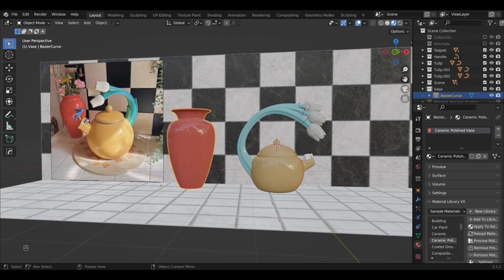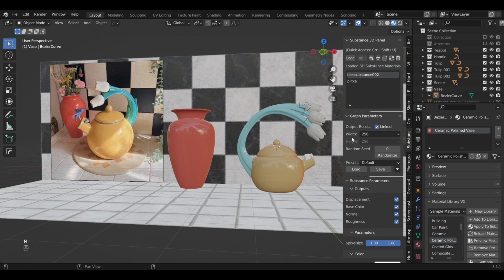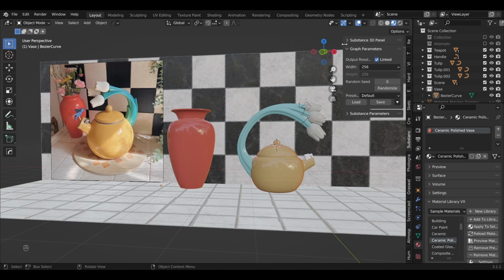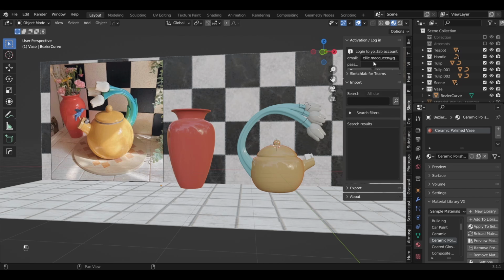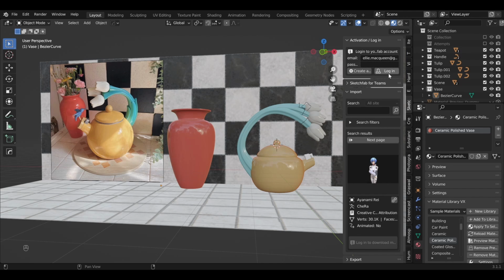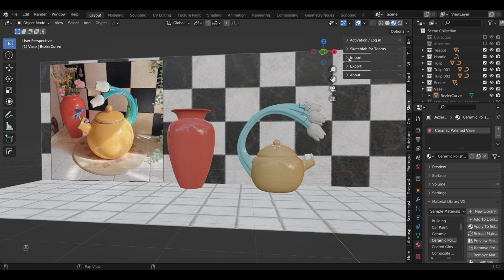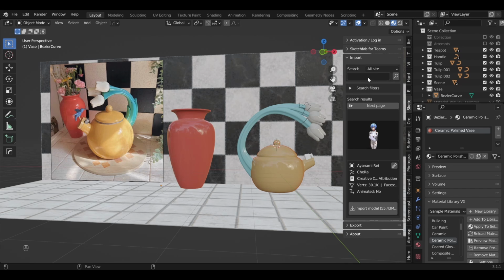So next we're going to import these flowers, the flowers that belong inside the vase. And for this project, I used the Sketchfab add-on. There's a specific add-on built for Blender, produced by Sketchfab, that makes importing and exporting OBJs and other file types really, really easy. It's very convenient, very awesome. So I need to log in. That's the first step. Okay, now that I'm logged in,